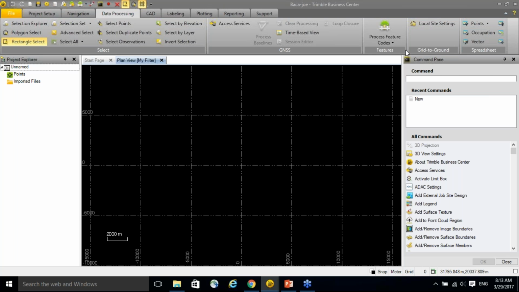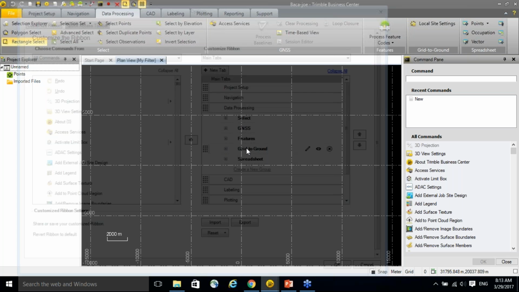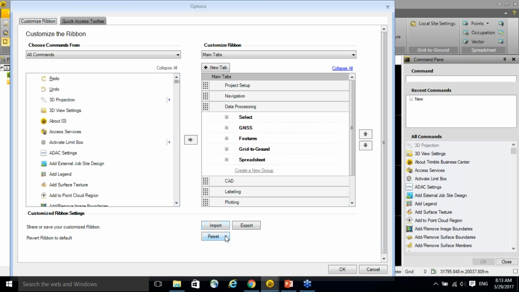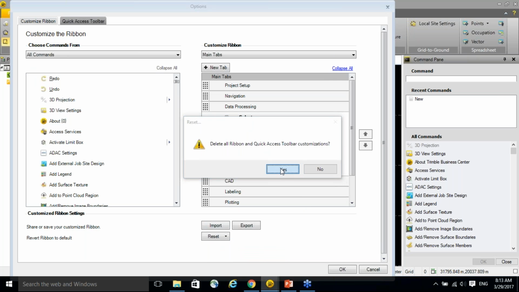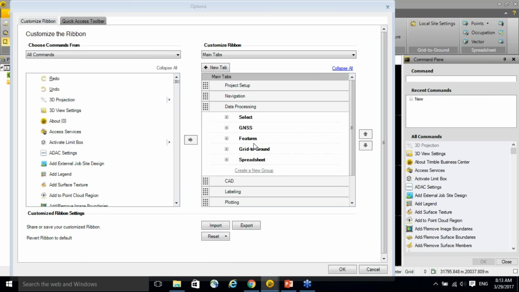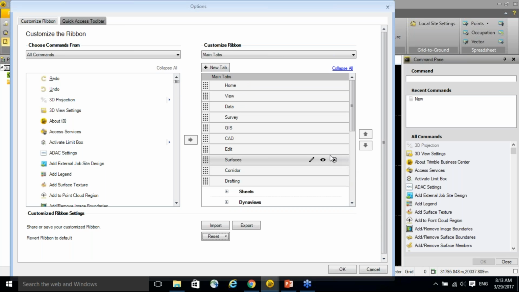So I'm going to go back to the Customize Ribbon tab and just reset back to the original tab setup that TBC gives you, and I'm just going to go back and delete the corridor and the GIS